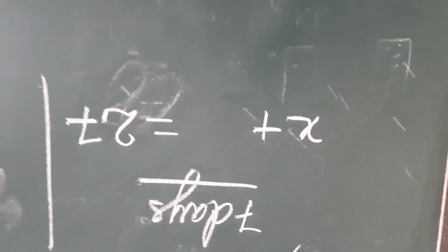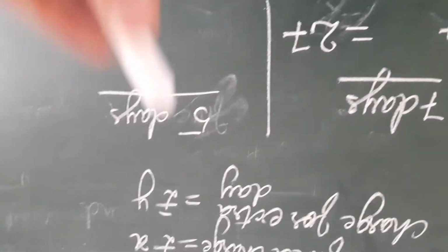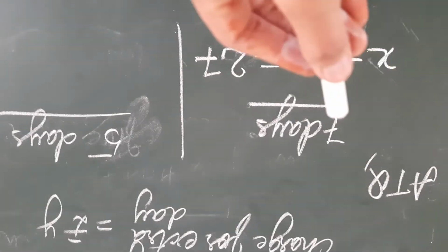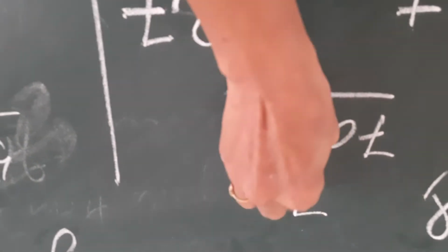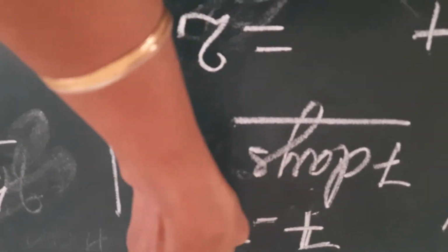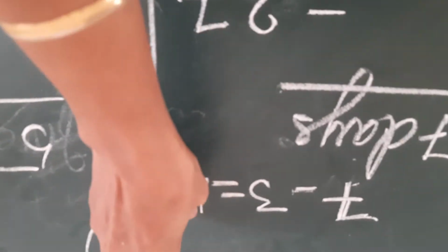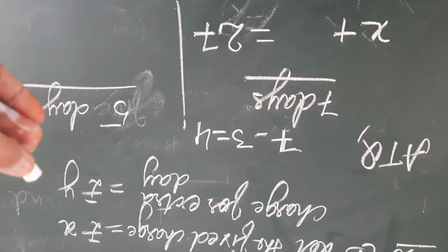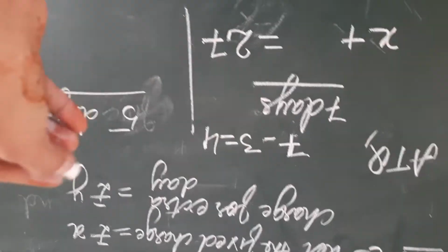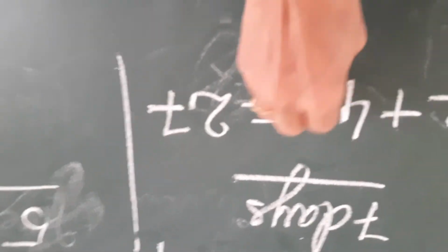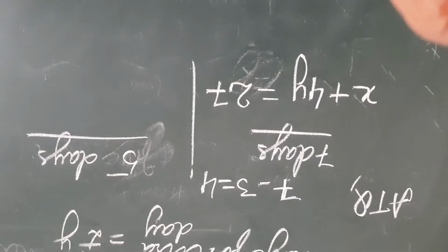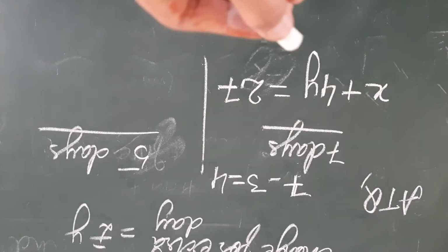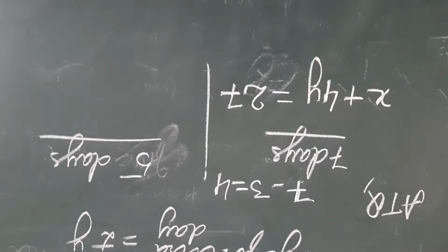We are not going to multiply by any number. For remaining days, each day the charge is y rupees. So how many remaining days are left? Out of 7 total days, 3 days are fixed, so 4 days are left, right? For each of the 4 days, if one day carries y rupees, for 4 days it will become 4y. So this will be the first equation: x rupees for first 3 days and remaining days 4y. x plus 4y is equal to 27.